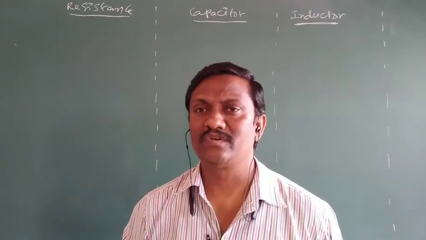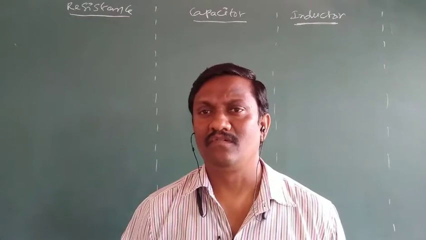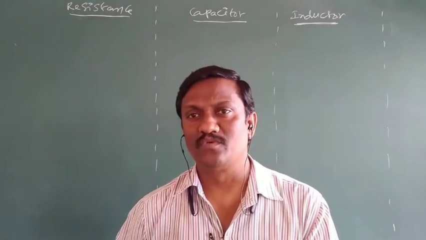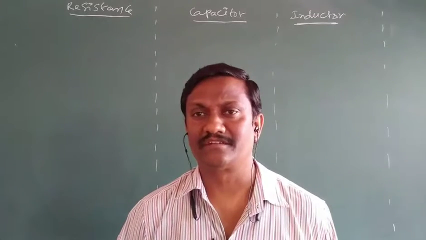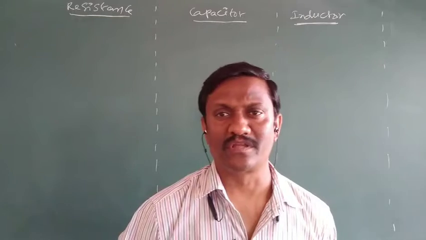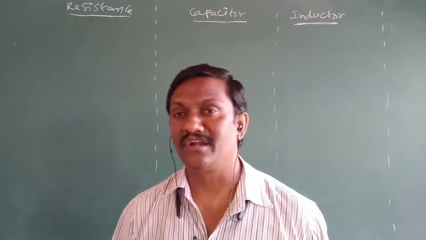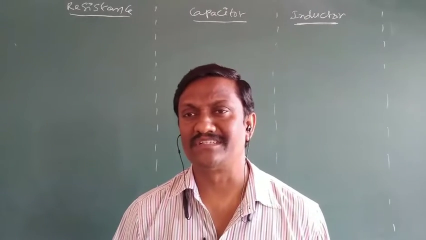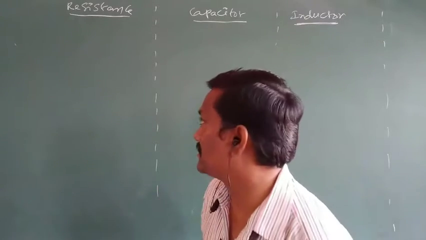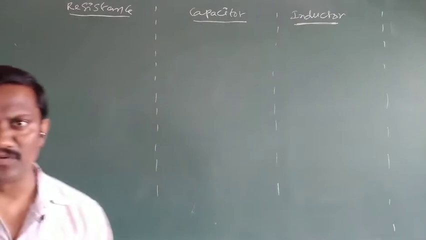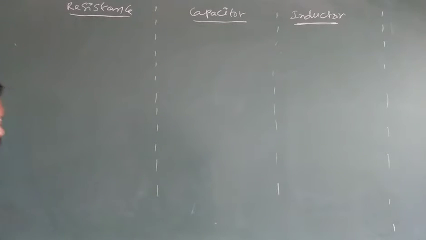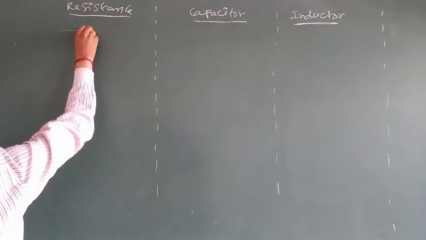In today's class, we have to discuss the differences between AC through a pure resistor, AC through a pure capacitor, and AC through a pure inductor. After completing the differences between pure resistor, pure capacitor and pure inductor, the next continuation, a very important concept, is the LCR series circuit. So first we have to complete the differences between pure resistor, pure capacitor and pure inductor circuits. For this purpose, assume it is a pure resistor.